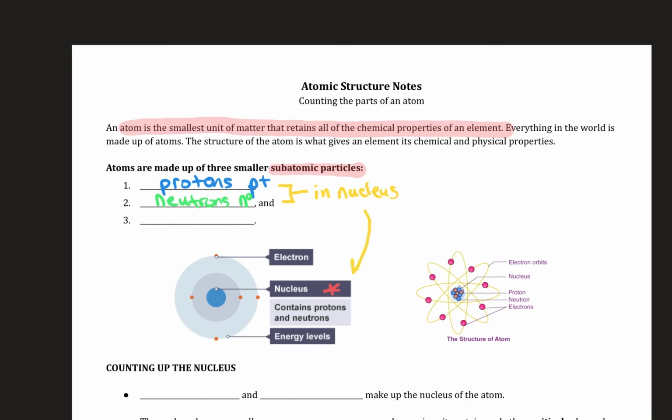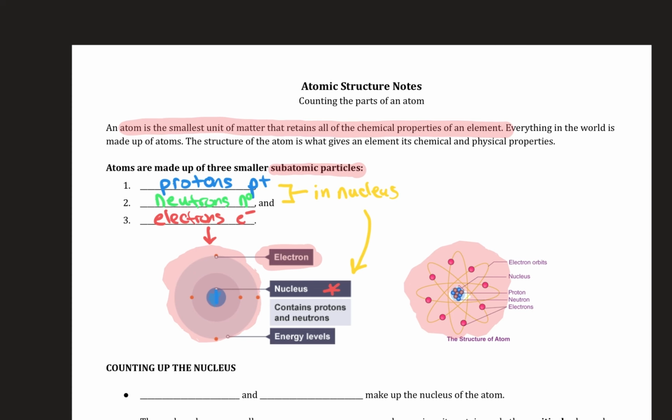The second region of an atom is the electron cloud. This is the area outside the nucleus, and while it takes up most of the space of an atom, it has almost no mass. It is mostly empty space, but it's a cloud of negatively charged particles called electrons that surround the nucleus. It's this attraction between the positively charged protons and the negatively charged electrons outside the nucleus that